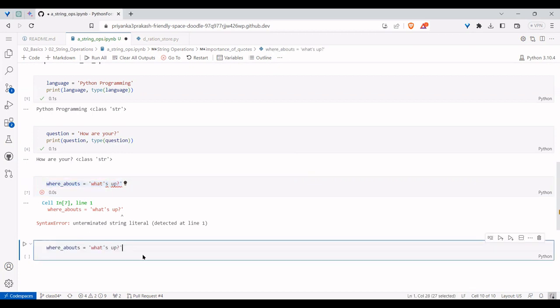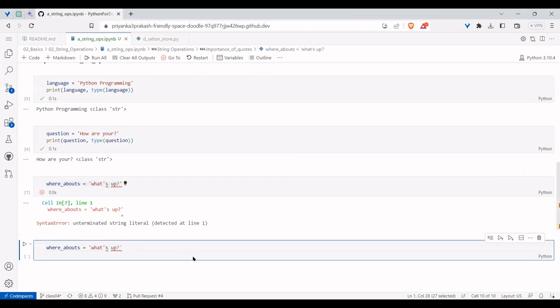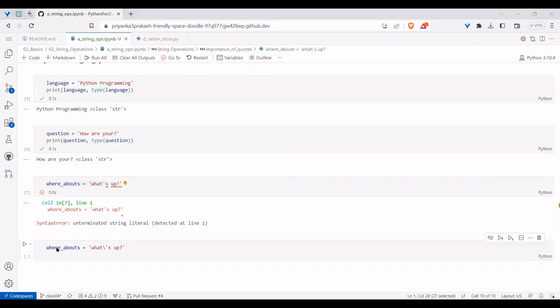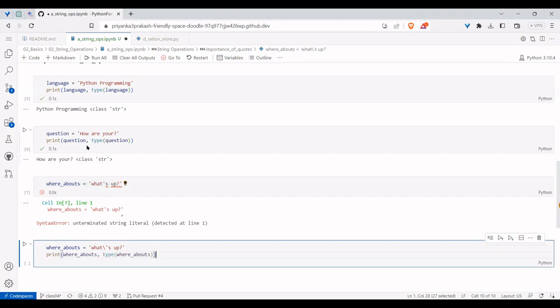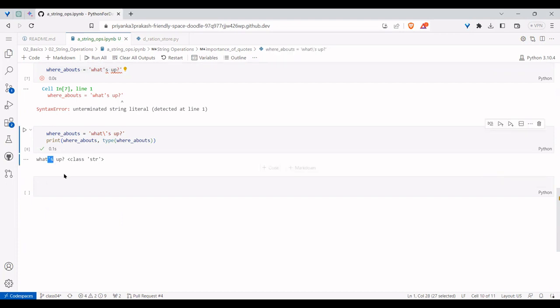So if you want to take the other part also, what is the solution? Python comes with two solutions. One solution is, in the middle of the string, if you don't want to consider it as a quote, then place a slash. The moment you place a slash, it will take it. So if you ask what is this whereabouts and its type, you're going to get it. It is treated no more as a quote operator, but as an ordinary quote character. This is a good solution.